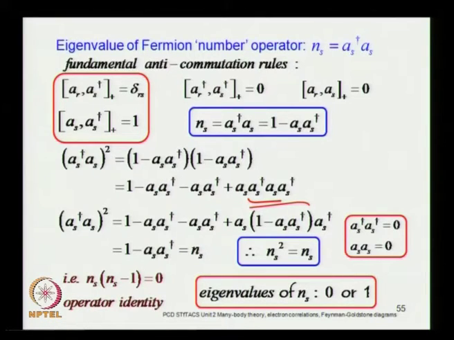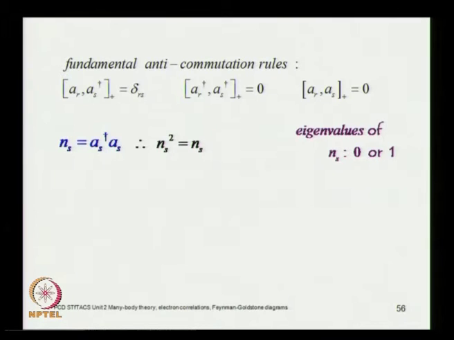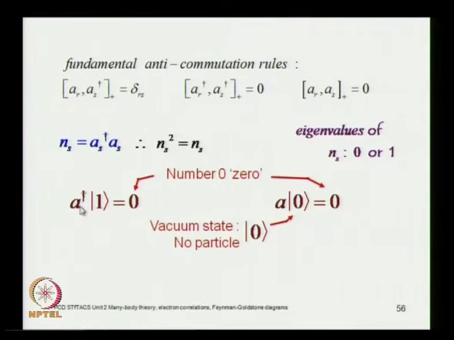Okay. So, this is the power of the anti-commutation rules for fermions, and you have got the same power for the boson commutation properties. So, you have got these properties, the square of the occupation number is the same as N_s, and you find that the creation operator, if it tries to create a particle in a state which is already occupied, then you get 0, because you cannot create a particle in which you already have occupancy,